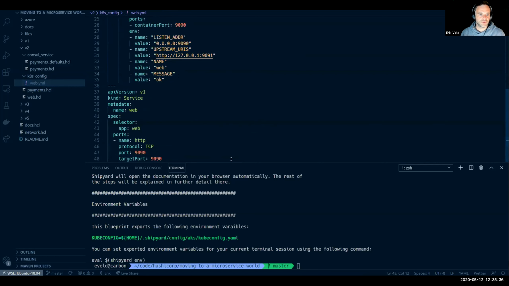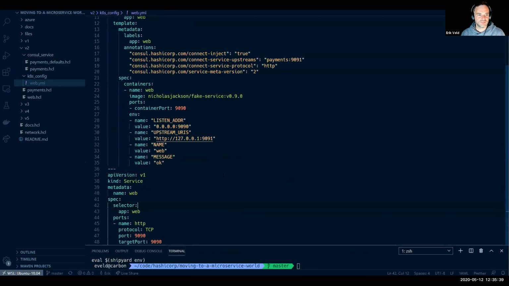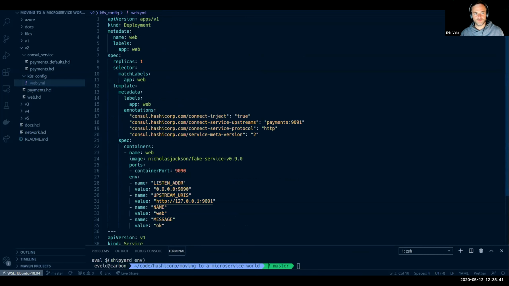So we're going to be creating a deployment for web, and we're going to be passing in some annotations so that the injector will inject a sidecar proxy for us, and we can configure some things for that. So here we specify that we want to have a sidecar injected. We want to specify that this service of web has an upstream. So in this case, we want to reach the payment service, and we want to reach that on localhost 9090,